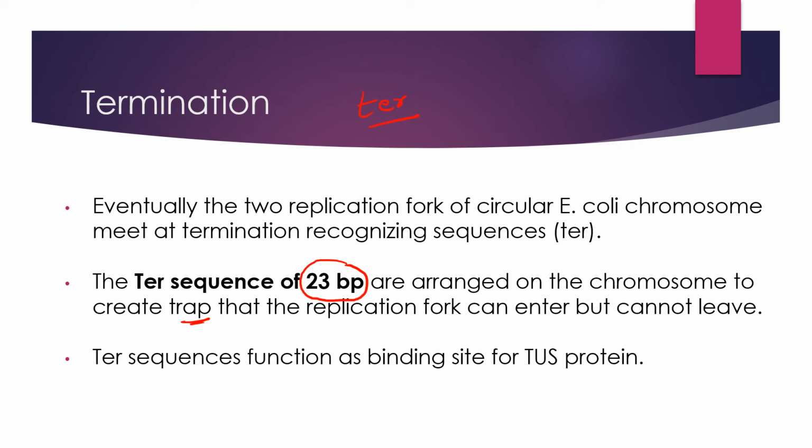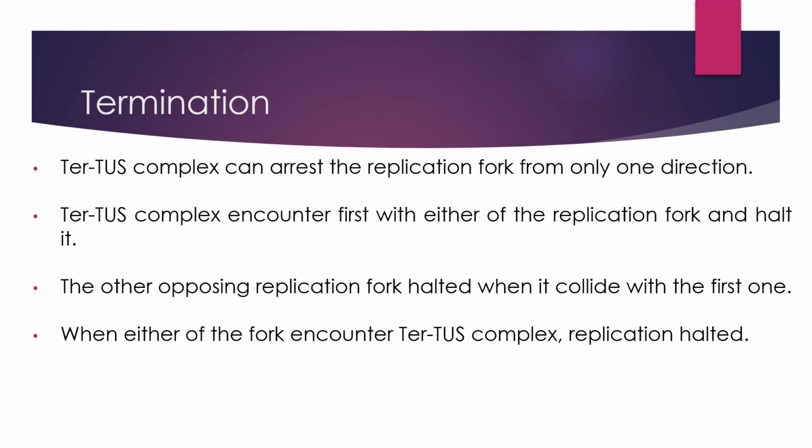Okay, so TER sequences function as binding site for TUS protein. What is TUS protein? This is TER utilization sequence protein. So the TER-TUS complex can arrest the replication fork from only one direction. So the replication fork is stopped when the TER-TUS complex encounters either of the replication forks first,